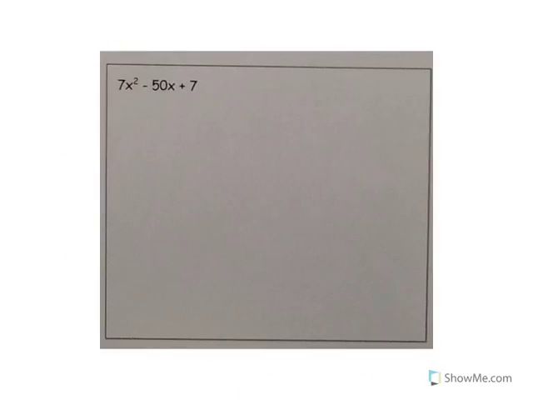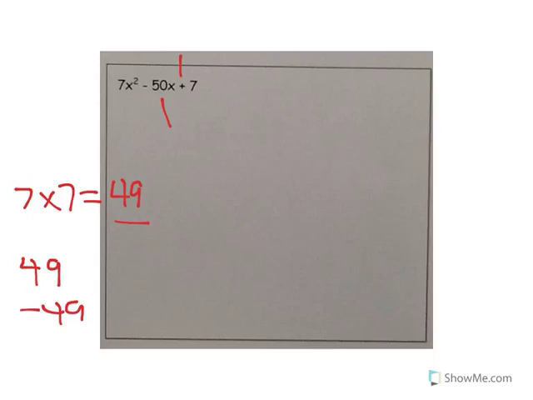So here we have to figure out 7 times 7 is equal to 49. And now we need to come up with, they're either both negative or positive. They're both going to be negative because look, we got the positive sign there, so they both have to be negative. Only a few ways of making 50, but only a couple ways of making 49. So one way is 7 and 7, that doesn't work, but negative 49 and negative 1 does work. So then it's going to be 7x squared minus 49x